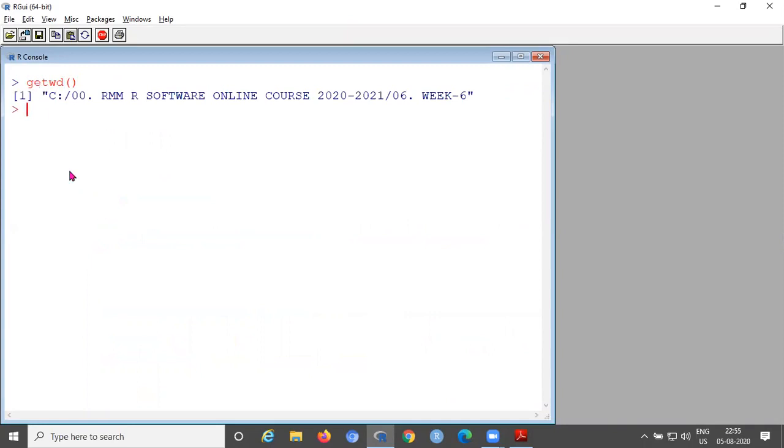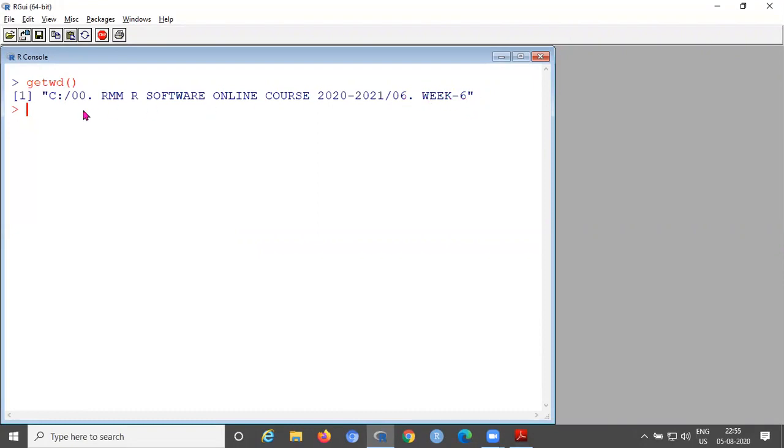Here you can see my working directory is under C, RMM R software online course, and so on. Here is the folder name. In that subfolder, I made one folder week wise. This is week 6. This is my current directory.